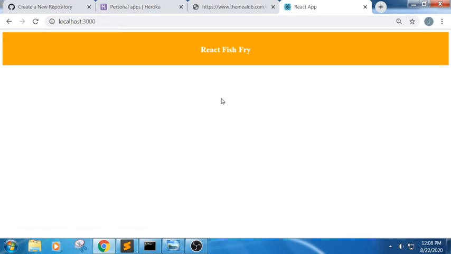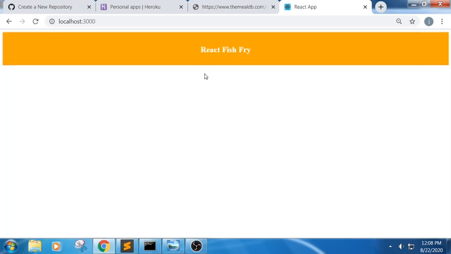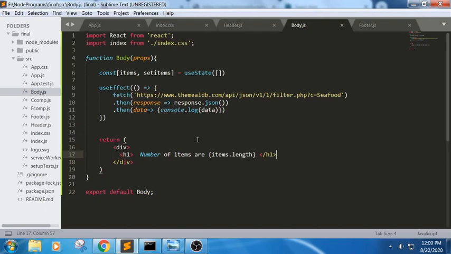Yes, inspect console. Where is this console? We didn't get any output here. So we are trying to use the fetch data useEffect, the retrieved value. Next one, we were trying to return the length of the elements, that is the items. Let us define this items here. We were trying to retrieve each and every data.